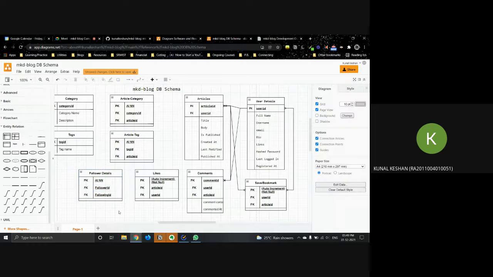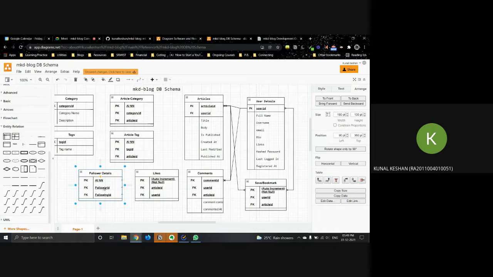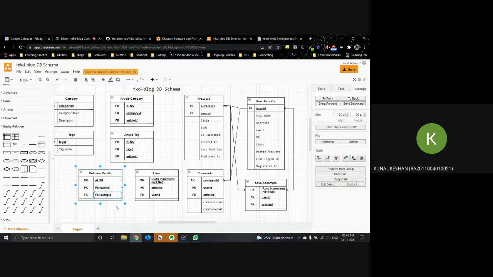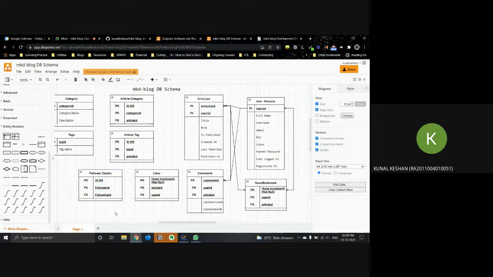Suppose I'm following Mayuk, who has a user ID A, and I have a user ID B. In this case, the following ID will be Mayuk's and the follower ID will be B, because I am the follower of Mayuk and I am following him. Is that clear? Any doubts about this? Just a second.